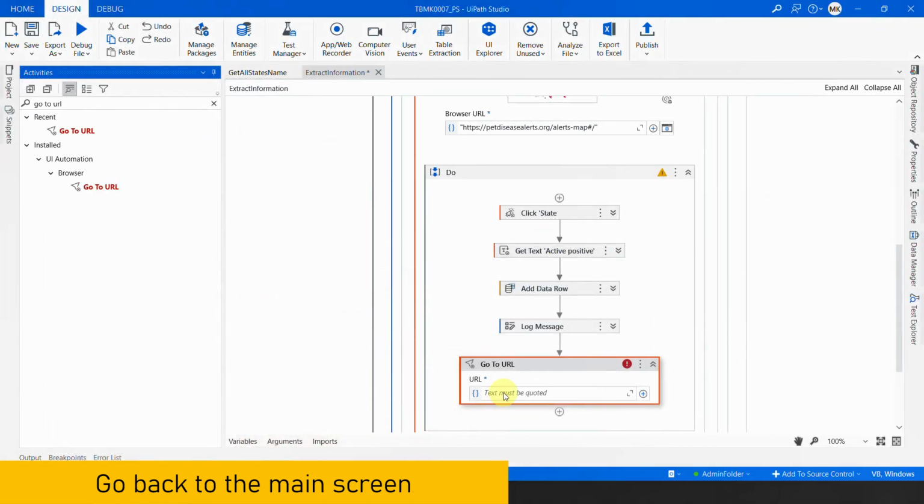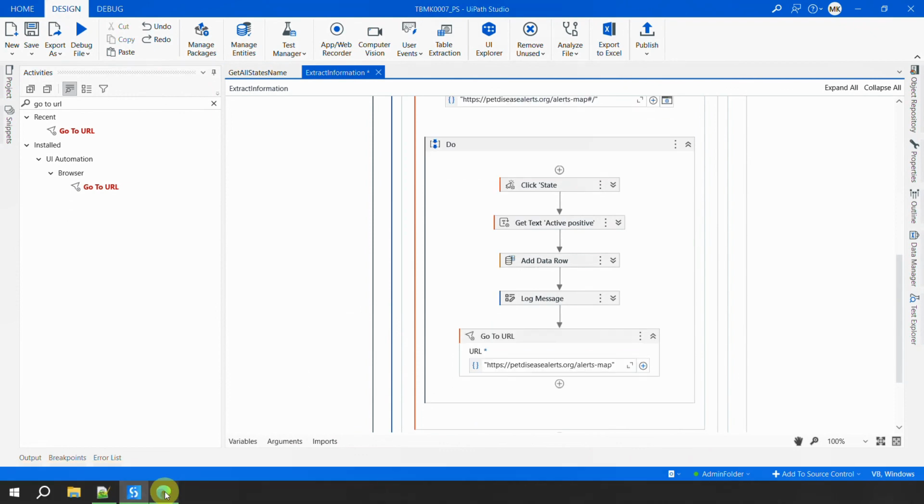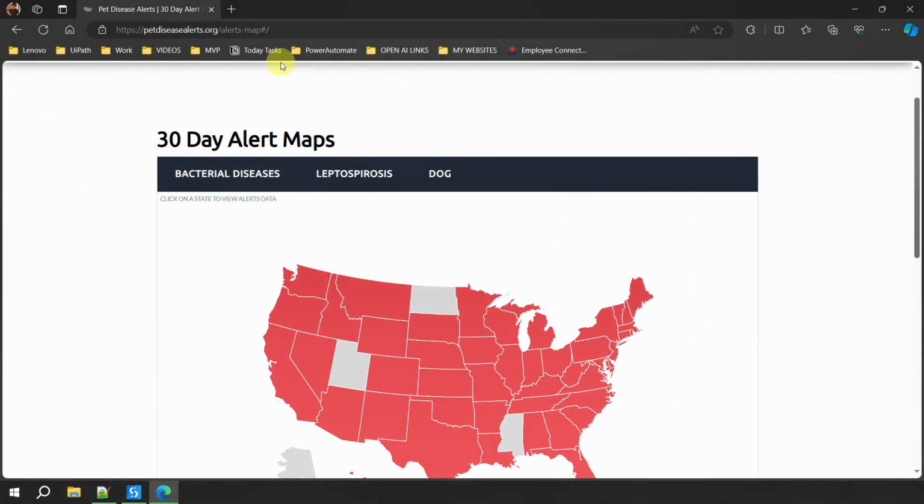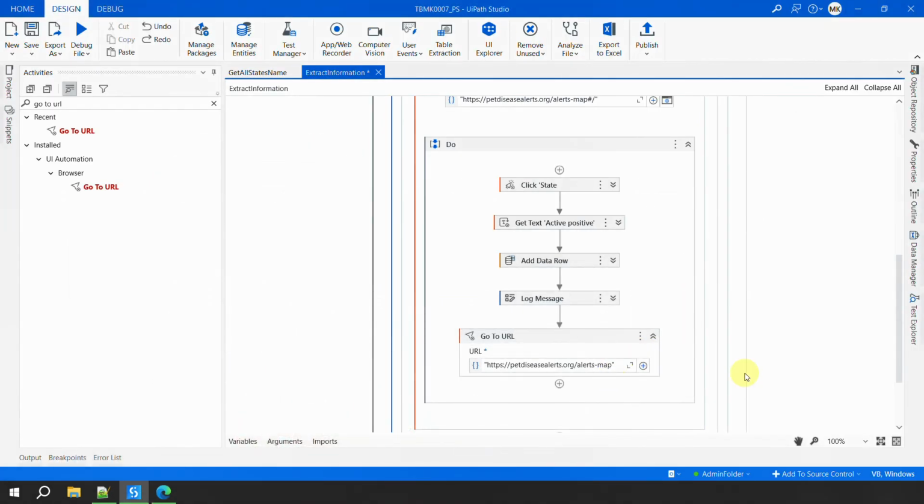So I'll go here and say go to this URL, right? One thing, if you notice here, the actual URL has a hash and a backslash. But I'm not using that, because from my experience, if I put that hash in the URL, the browser is sometimes not able to navigate back to the actual page. So I always try to omit the hash, but only when the URL is still able to navigate, right? So I can see that if I just use this URL,